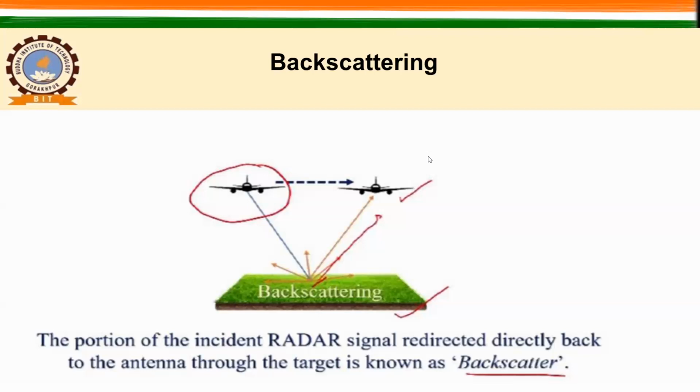ठीक है, so the portion of the incident radar signal redirected back to the antenna through the target is known as the back scatter. तो back scattering का जो definition है वो ये है कि the portion of the incident radar signal redirected directly back to the antenna through the target is known as the back scattered. ठीक है, अब